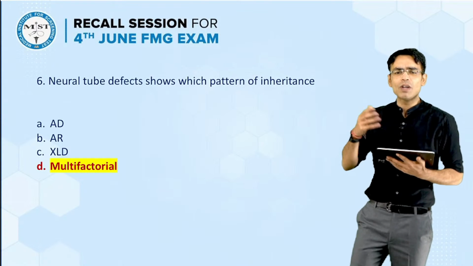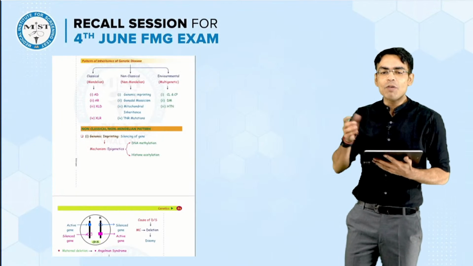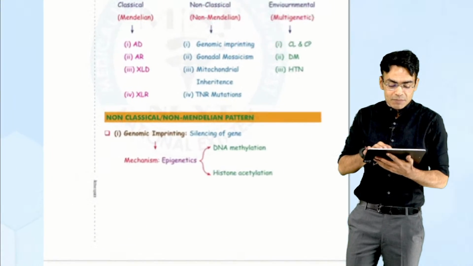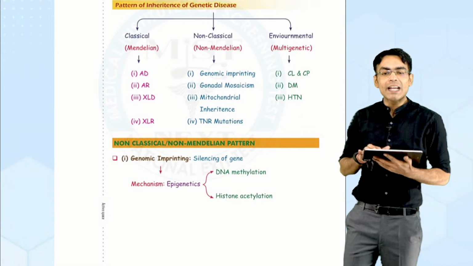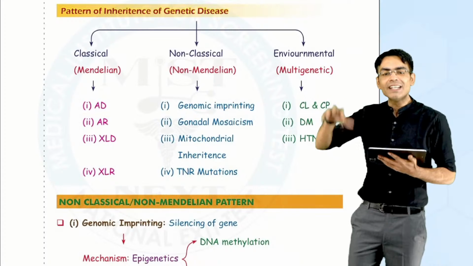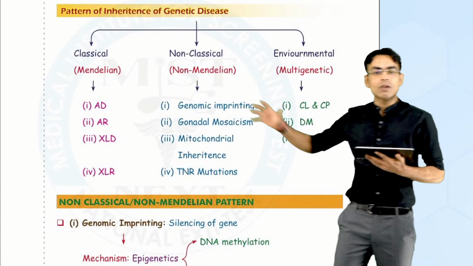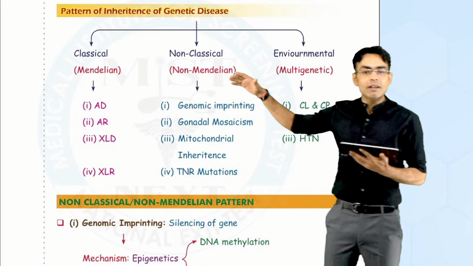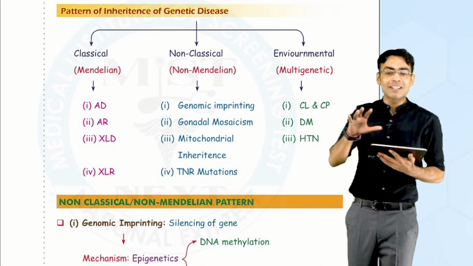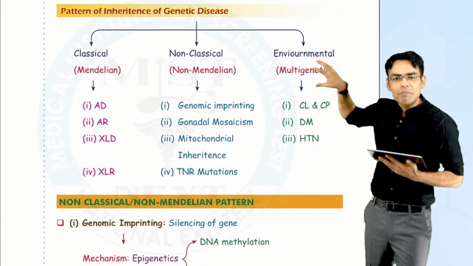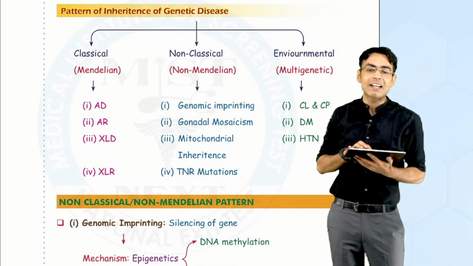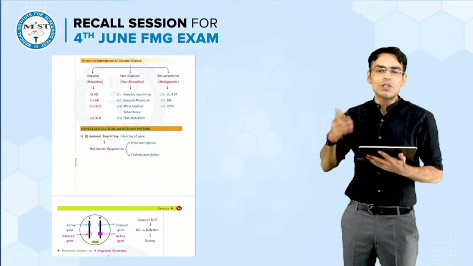Neural tube defects, very commonly cleft lip, cleft palate. When we were talking about genetic mutations and the pattern of inheritance in genetic mutations, we discussed properly that any kind of genetic disorder could be a single gene defect or a multi-gene genetic defect. Single gene defects could be Mendelian and non-Mendelian, and these were the examples we studied thoroughly. And then there were multifactorial, multi-genetic disorders in which the first thing was cleft lip and cleft palate, and this is one of the neural tube defects which we see.